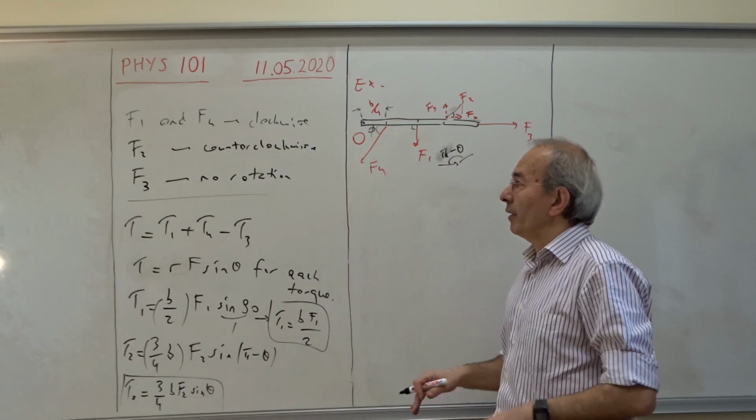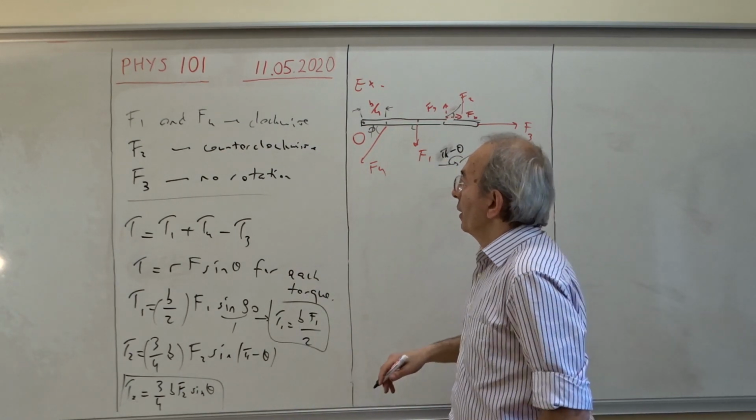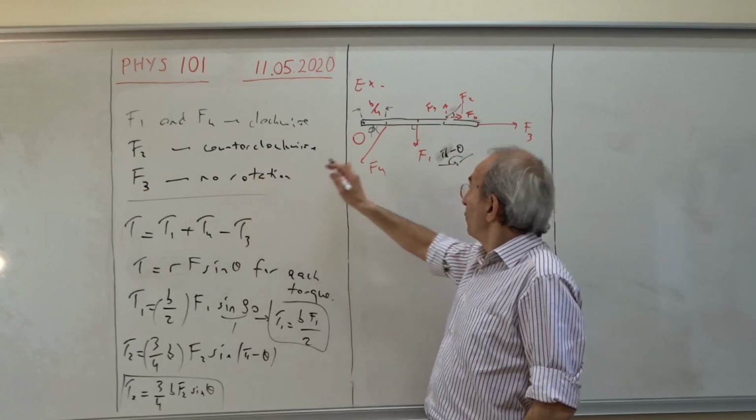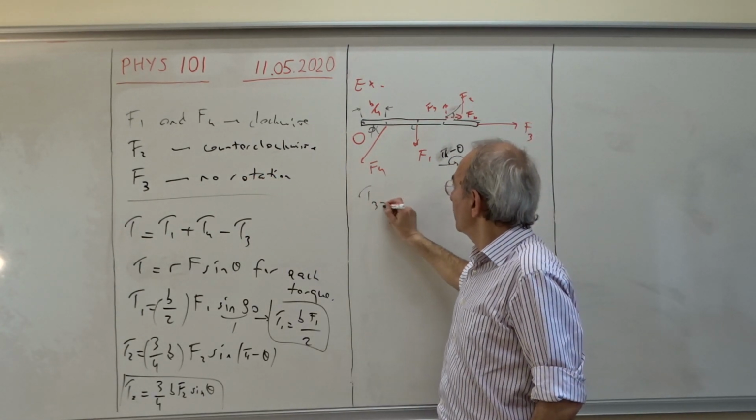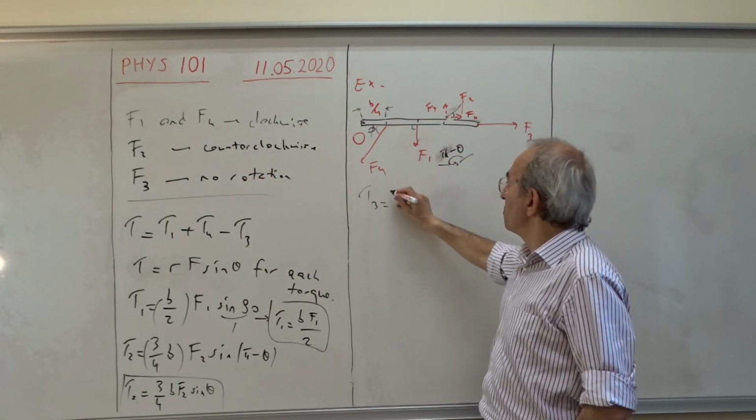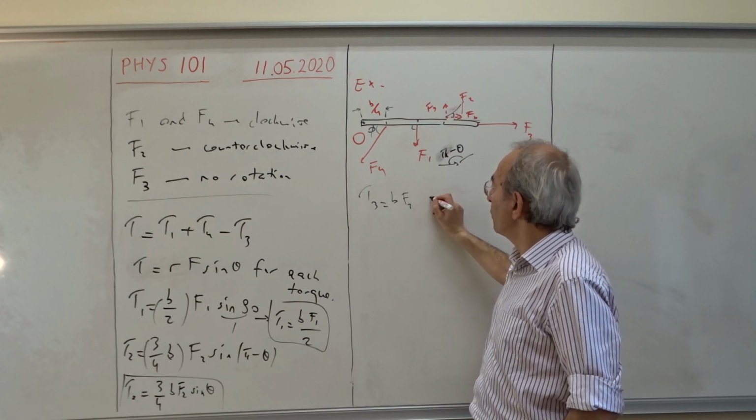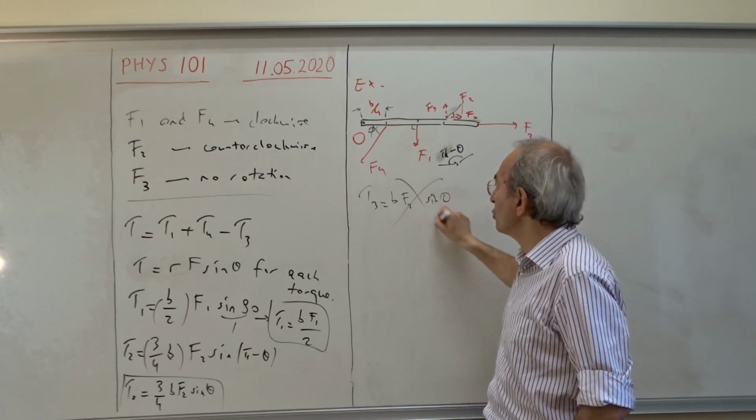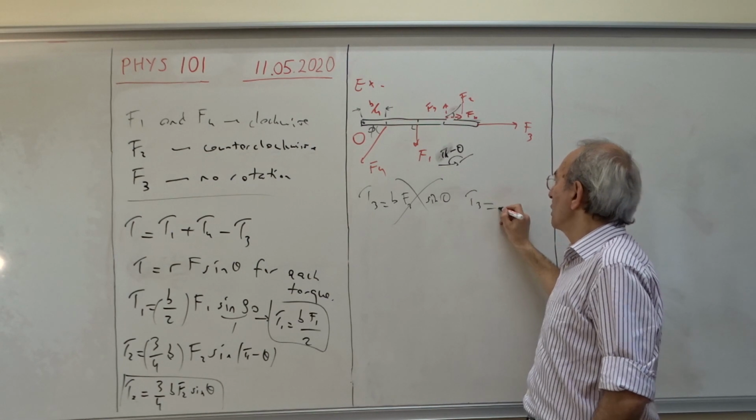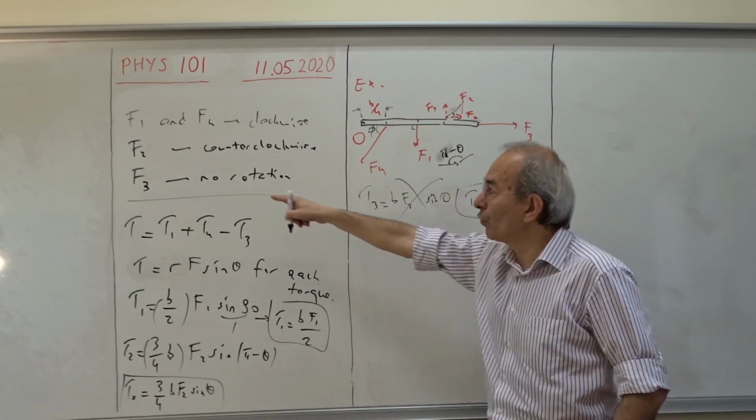Next we have tau 3, F3. F3 has no rotation obviously. Tau 3: the distance is b, the force is F3, but there is no angle, sine 0, so there is no contribution. Tau 3 is simply 0. And tau